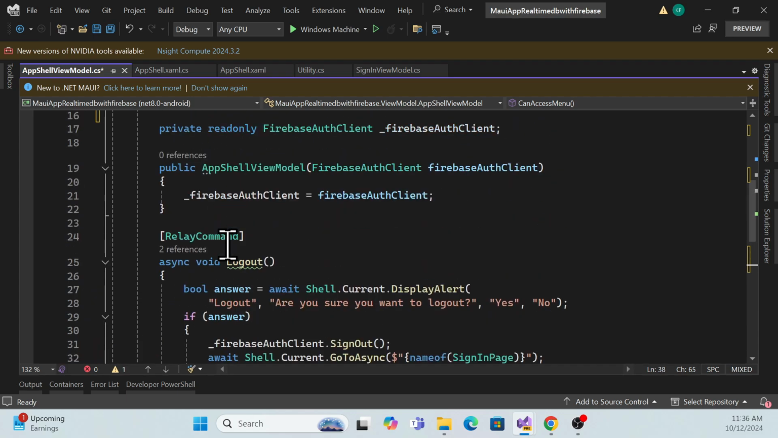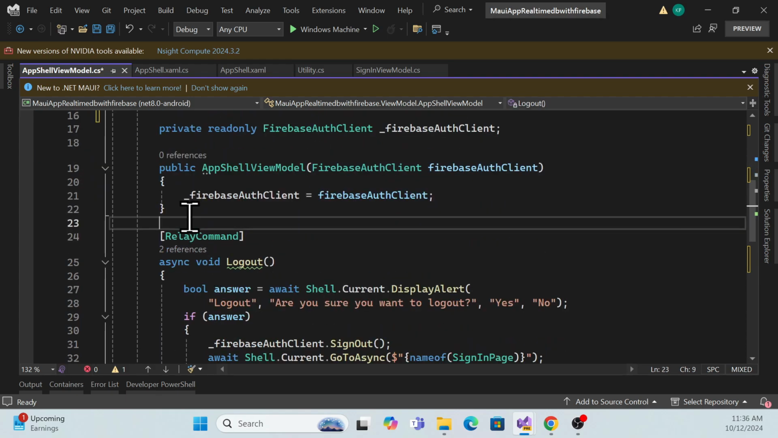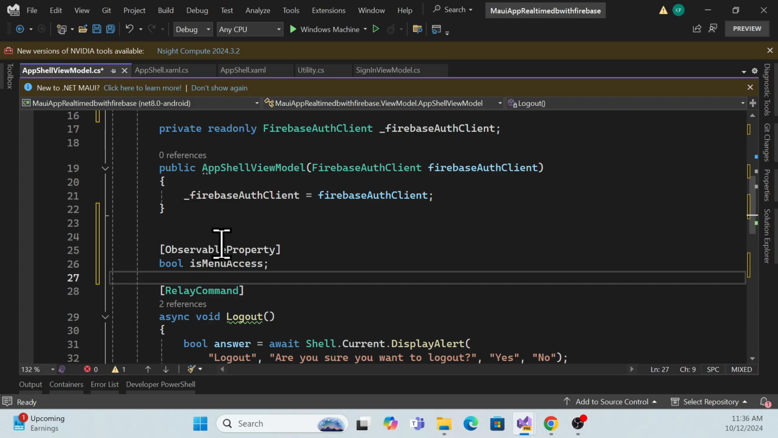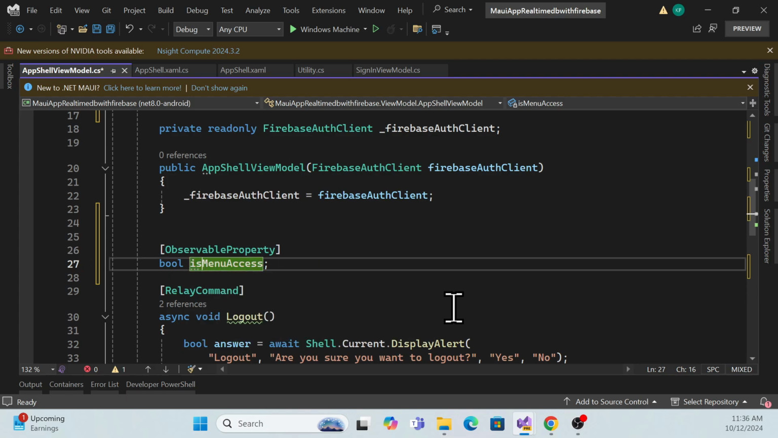And what I can do, I have to just create another property which we can store, okay, it is a true, based on the true false we can store it, right? So let me just create another property. So we have to just create an observable, and using that is menu access, or you can use that is